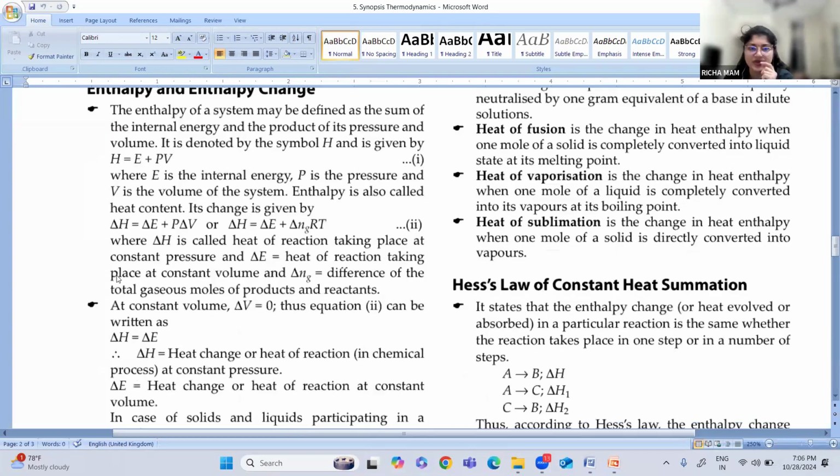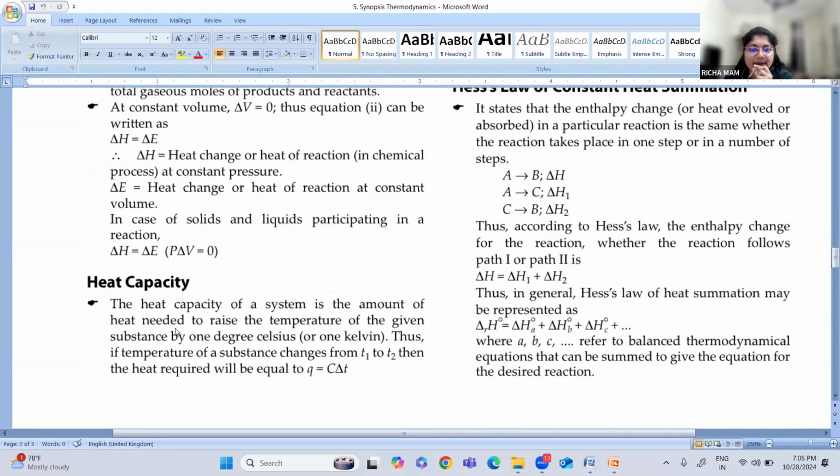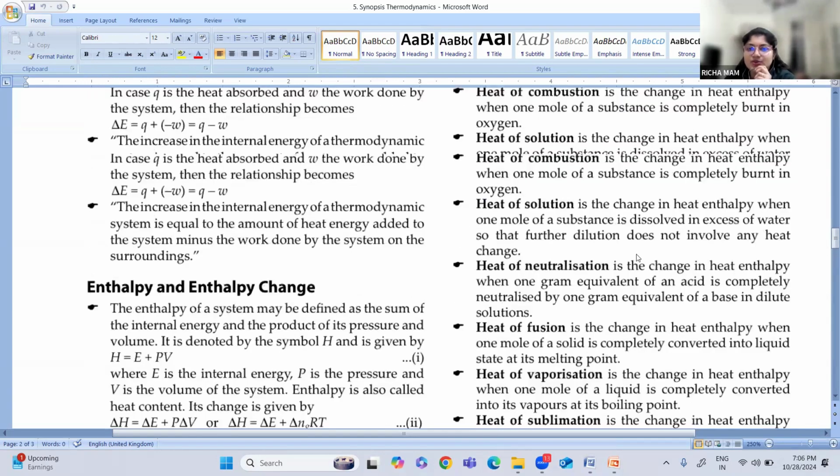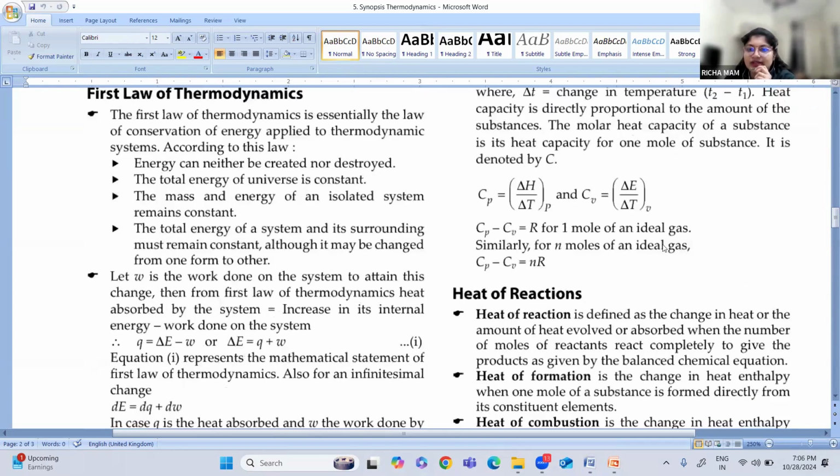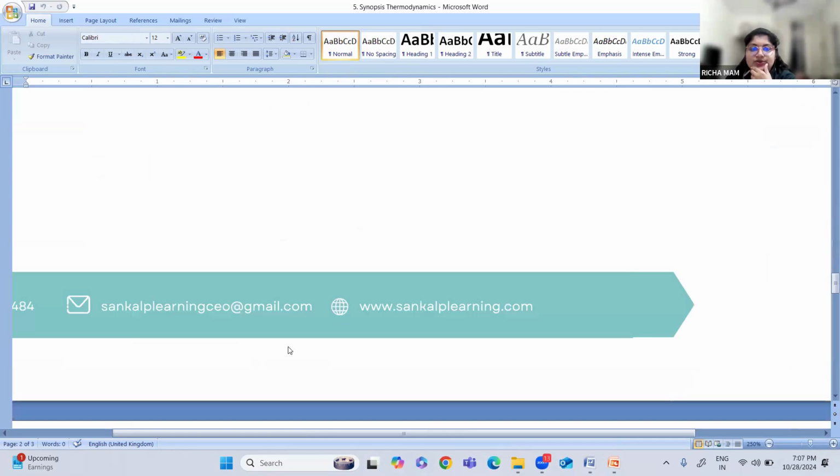So remember these equations. Then heat capacity. What is heat capacity? The amount of heat needed to raise the temperature of a given substance by 1 degree Celsius, right? So heat capacity, here Q is equal to